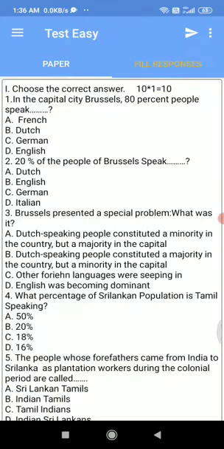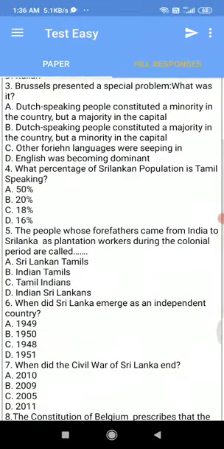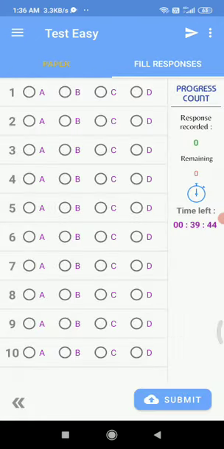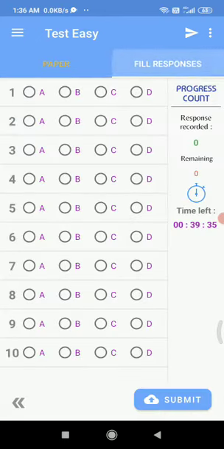So see here, you have 10 questions, and it is multiple choice, and for each question you have 4 choices, isn't it? So you see here, in the top second row, there are two options. One is paper, another one is file responses. In the file responses, for your 10 questions, the choices are given.